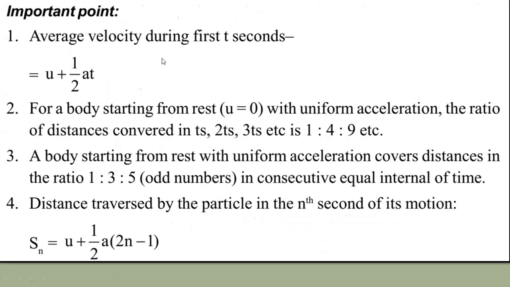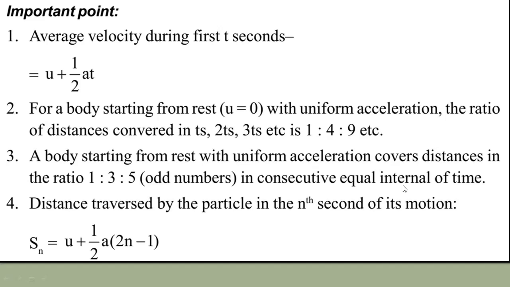Then an important point: average velocity during the first t seconds is equal to u plus ½at. For a body starting from rest, u is equal to 0, with uniform acceleration. The ratio of distances covered in t seconds, 2t seconds and 3t seconds, etc. is 1:4:9. A body starting from rest with uniform acceleration covers distance in the ratio 1:3:5 in consecutive equal intervals of